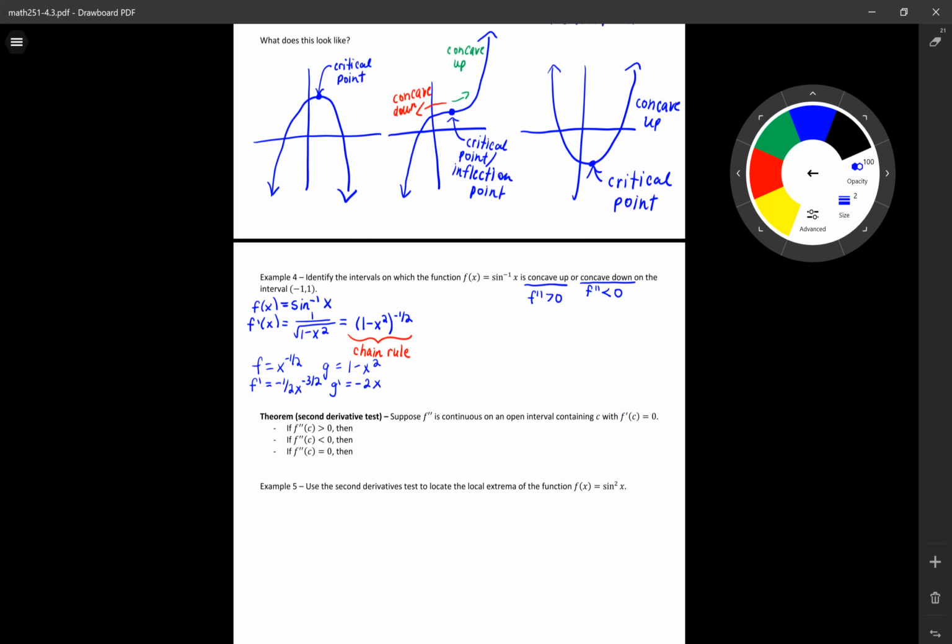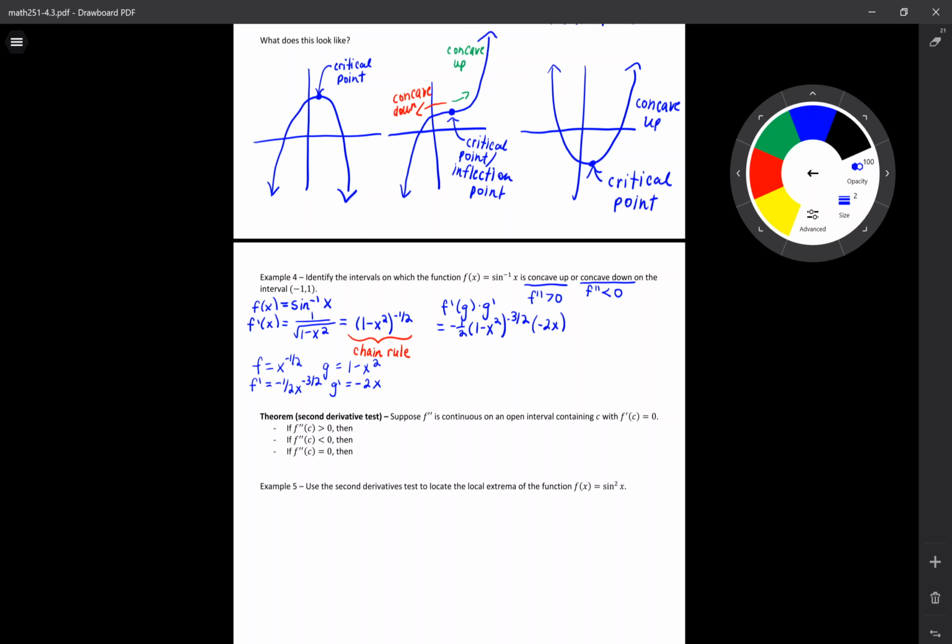So then, f prime of g times g prime is equal to negative 1/2 times 1 minus x squared to the negative 3/2 times negative 2x,